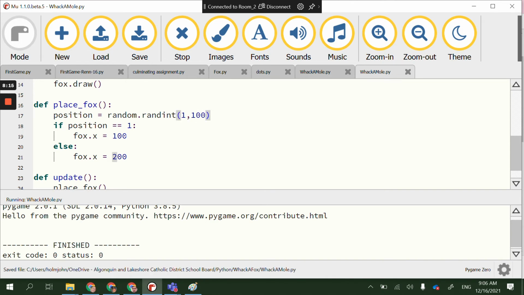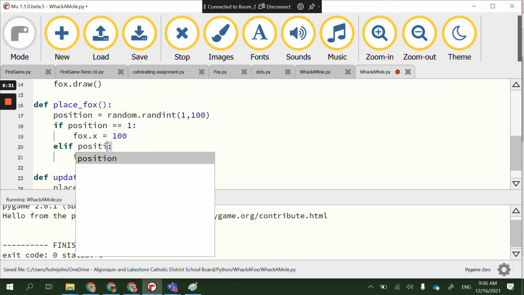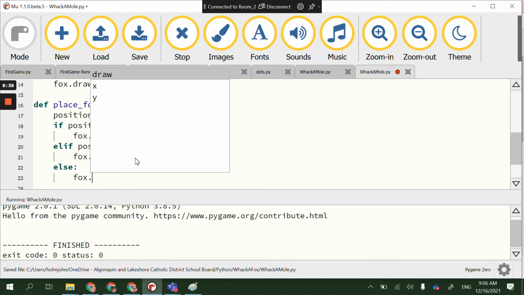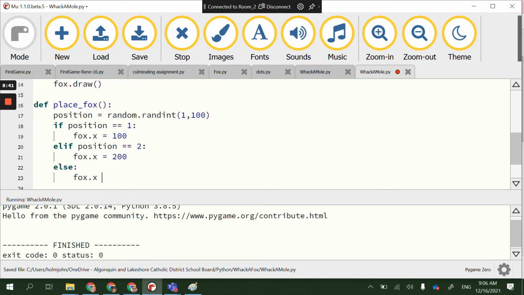And then that way, if it's a 1, it puts him in hole 1. If it's a 2, it's hole 2. But if it's 7, 8, 9, 10, or 11, let's make it something else. Why don't we say elif position is equal to a 2, put him at 200. And otherwise, let's put him off screen. Else, put our fox.x equal to the width of my screen plus 100. So no matter how big my screen is, it's going to be 100 off to the side. So if I run that,